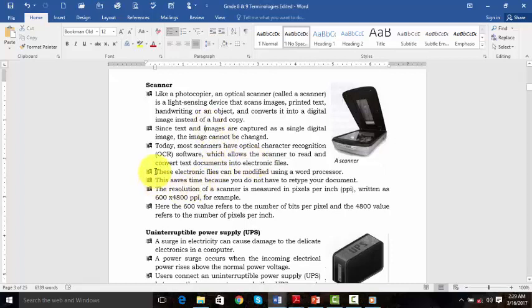Now going further to look at how this scanner operates, these electronic files are what we are able to see, but not able to touch. When the hard copy is converted into an electronic file, it means that a hard copy we are able to touch, an electronic file we are not able to touch.